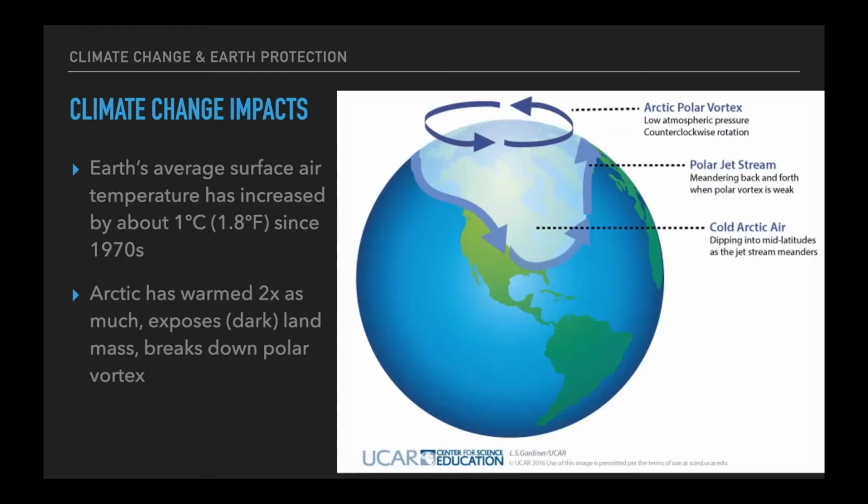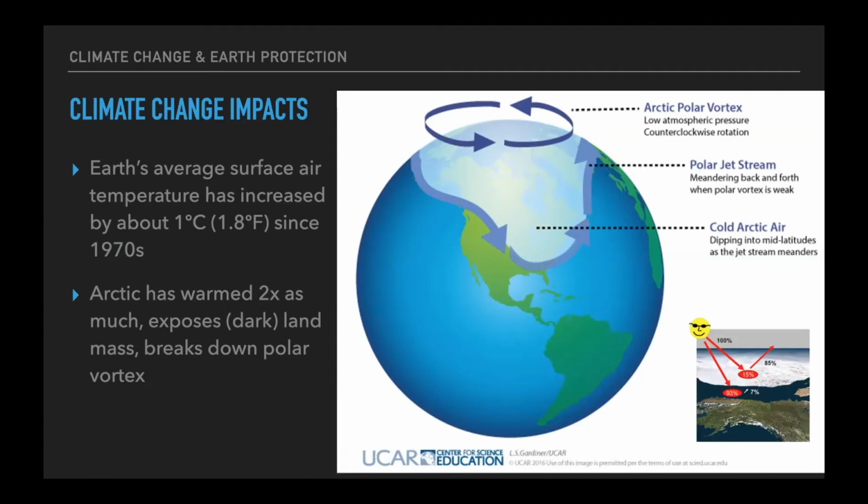So the Arctic, even though our surface air has only increased by 1 degree Celsius, the Arctic air has warmed about twice as much. And part of this is because as everything is warming up, we're losing a lot of this very reflective ice and snow mass, and we're getting exposure of this dark, heat-absorbing water and ground, right? We're seeing the soil now. And so what this does is it accelerates the heating process locally, and this will disrupt the polar vortex, which is what keeps the Arctic very, very cold. It's a very systematic jet stream.